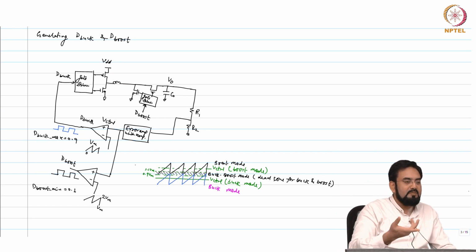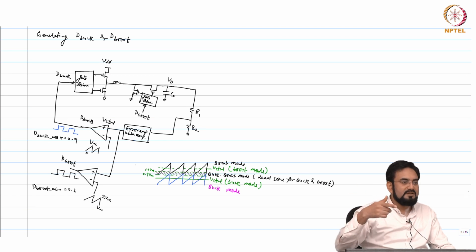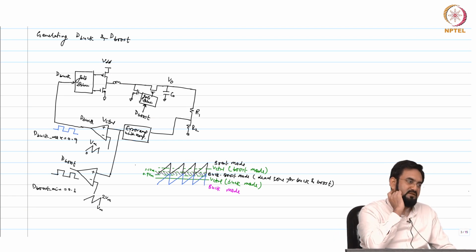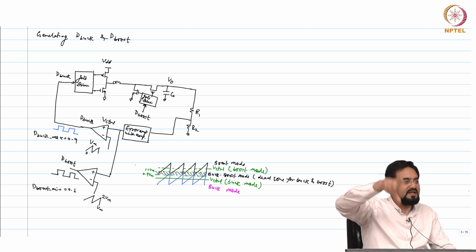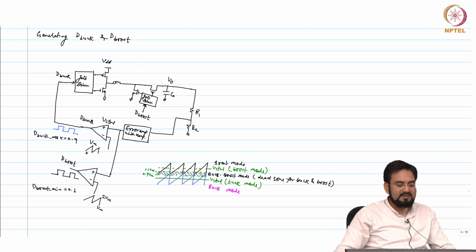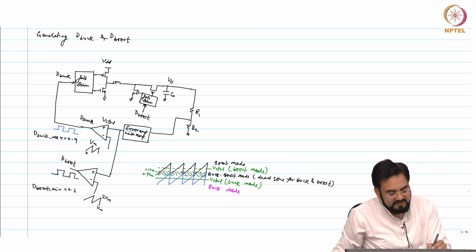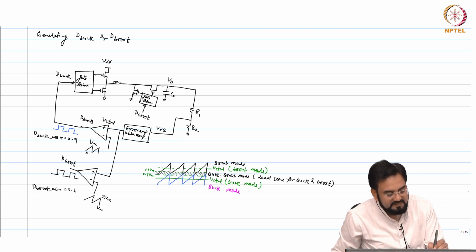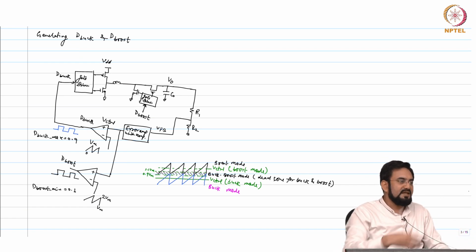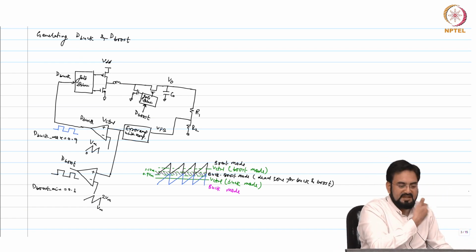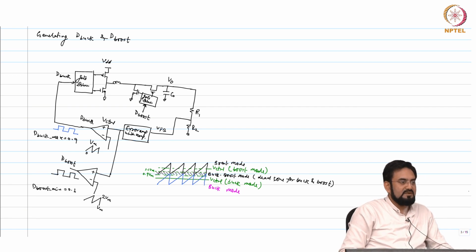Another way, you just use a comparator, compare the output and feed it in the accumulator. Because when you saturate the duty cycle, what will happen? Your output won't be regulated. Now, if you compare that with your reference again, this V out or VFB with the VREF, and accumulate that, it will generate your code error, just like a digital LDO or any digital controller we talked about. So both ways are possible.